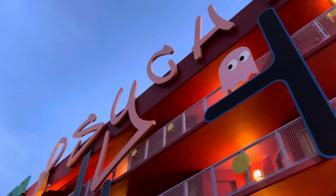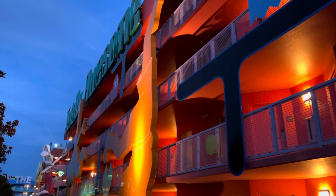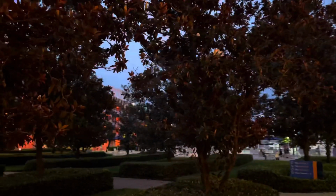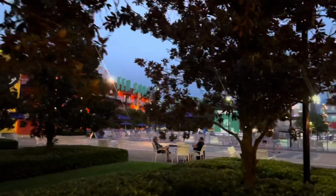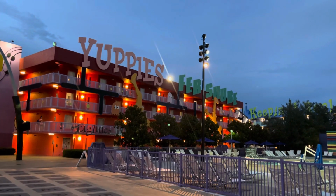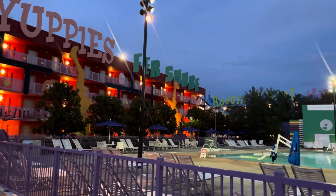And psych. Interesting. Now they have a lot of foliage and trees and stuff in the middle here, so a little harder to see both buildings on this one. But I see a pool. Not sure if it's open or not. Let's check it out. Yuppies for sure. That's funny. Okay, so this pool is closed, but it is...